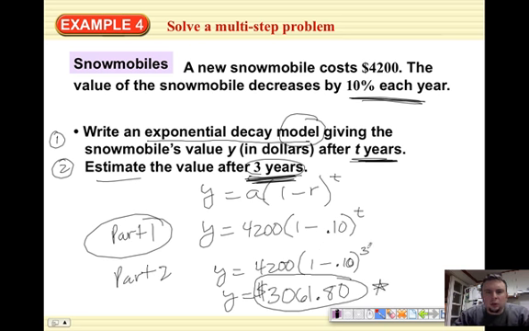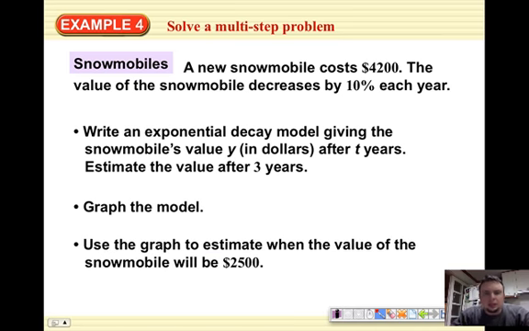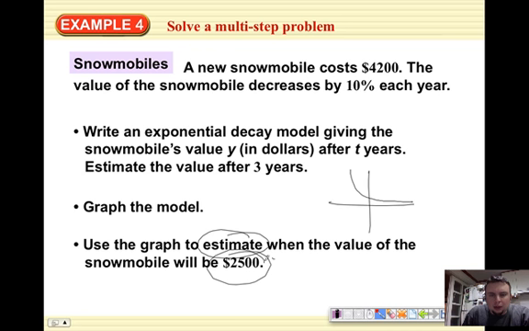Alright, so there you go. This is how you use the exponential decay model. Now it could ask you something else, like this says graph the model. Okay, put that model into the calculator. Look at the graph. You'll see an exponential decay. But then it says to use the graph to estimate when the value of the snowmobile will be $2,500. So you're going to see the graph here. And what are you looking for? 2,500 is your which value in there? It's your y value, right? Y equals